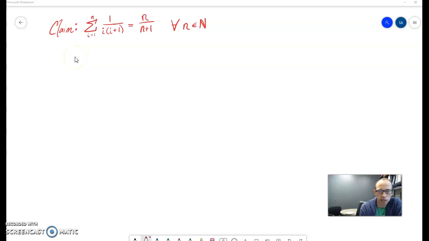Okay, this is a little more of a straightforward induction proof. So the proof will be by induction on n. Since we want to prove this true for all natural numbers, 1 would be a nice base case if it works out. So let's go ahead and try that. So we'll say for n equals 1, we have,